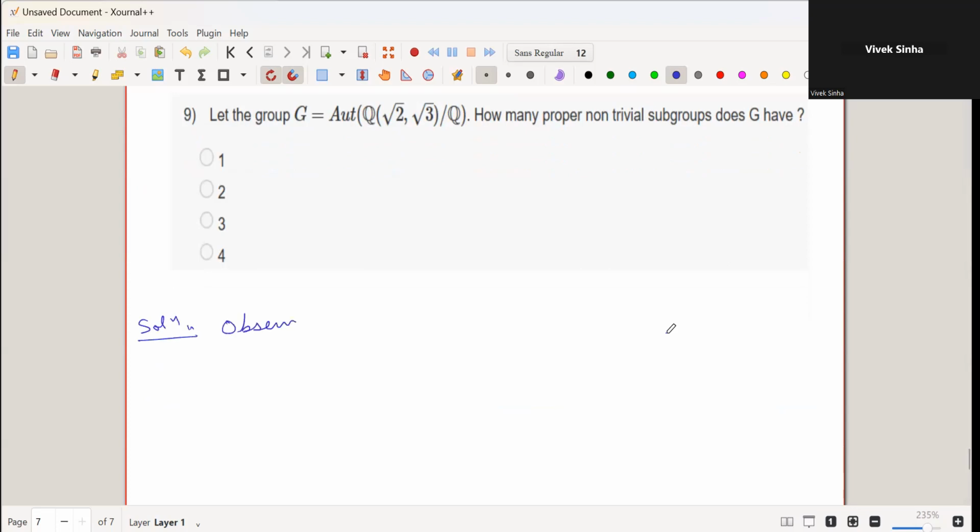This I am not checking, because I have checked it so many times that this extension is a Galois extension. It's very easy to see that it's a Galois extension. You can easily find the polynomials for which it's a splitting field, and I think we have already seen this same example in the last session or the session before that. So observe that,